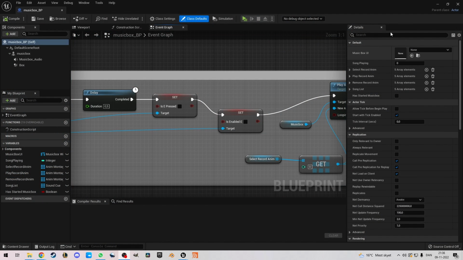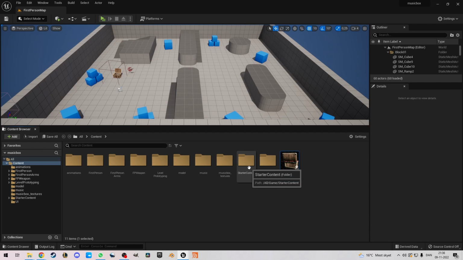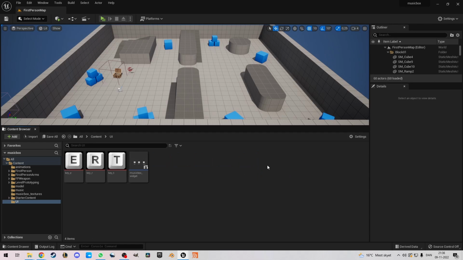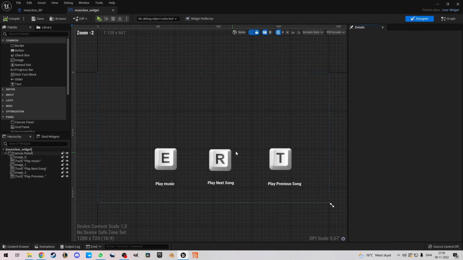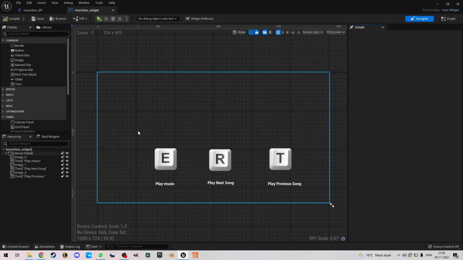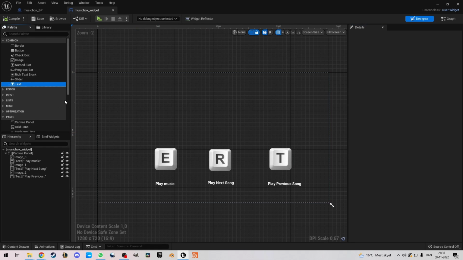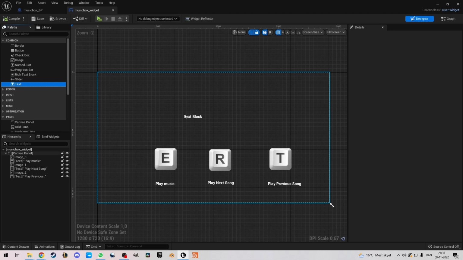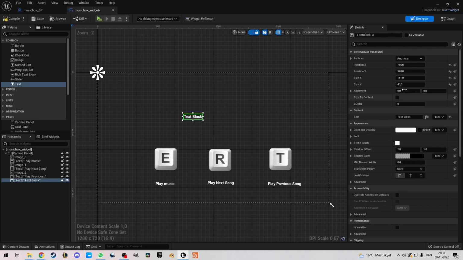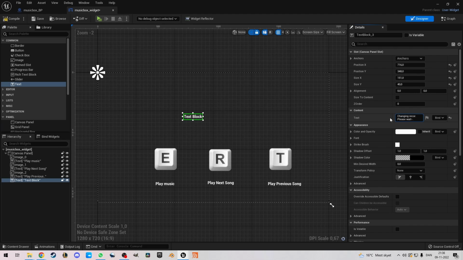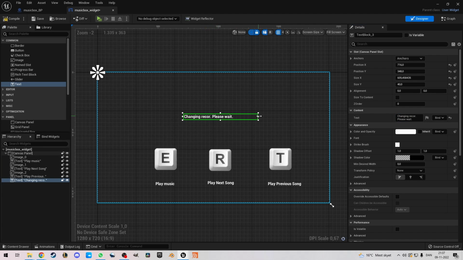So we're going to start with going to our interface so we can add the text. So here, UI, MusicBlock widget, and it can sort of take up the same space, the same position as these three images, these three buttons if you want. Let's drag in text, and instead of text block, it could say "Changing record, please wait," something like that. And if we made it wide enough,